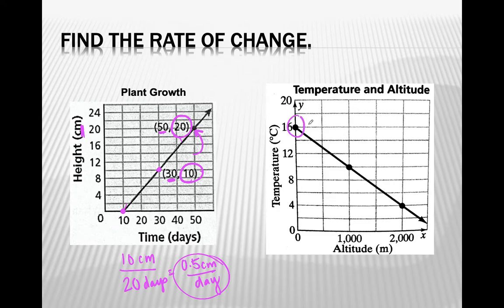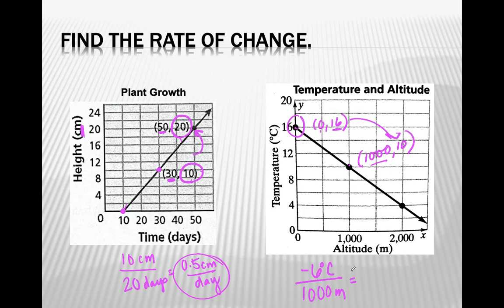I'm going to use this first one, which is (0, 16), and the second one, which is (1000, 10). So we start at the top because we go from left to right. So we start up here. 16 to 10 is a drop of 6 degrees Celsius. And then from 0 meters to 1,000 meters is an increase of 1,000 meters. So every 1,000 meters that you hike up in altitude, you lose 6 degrees Celsius,